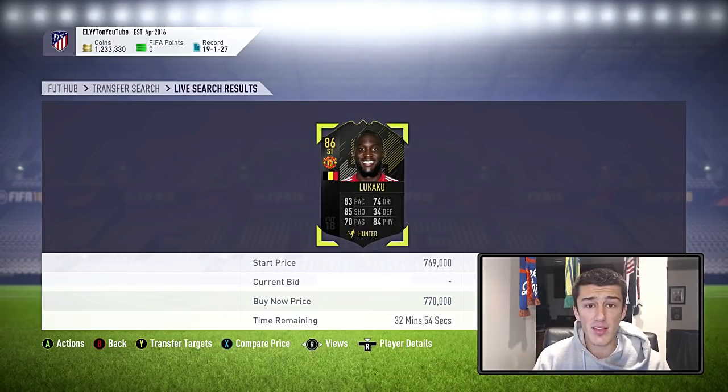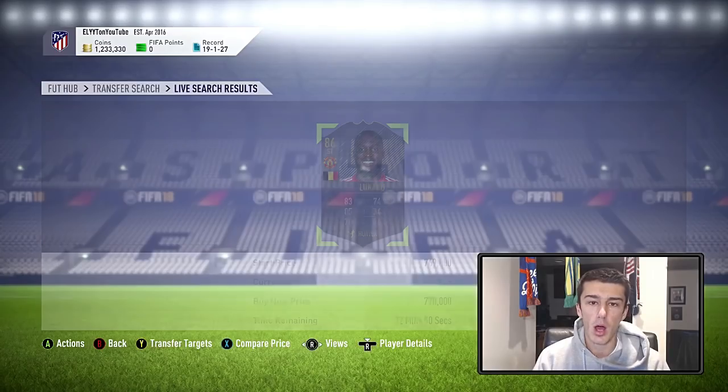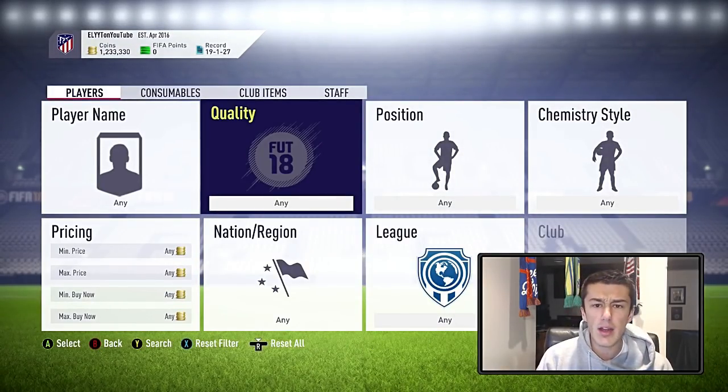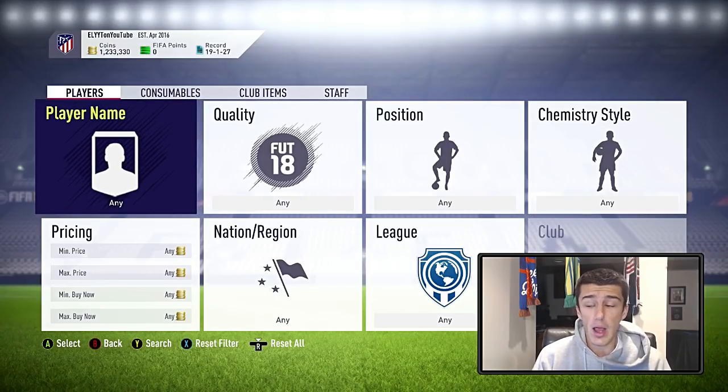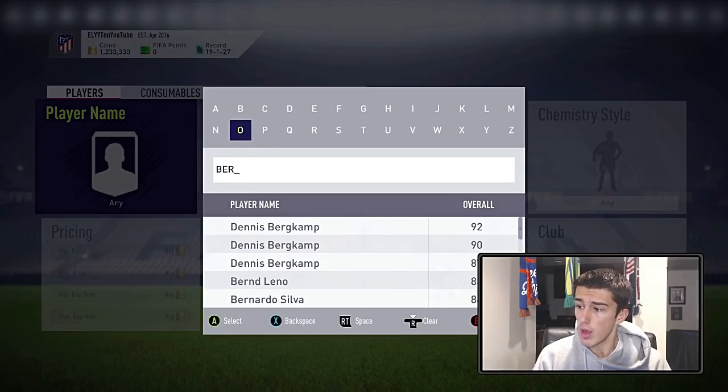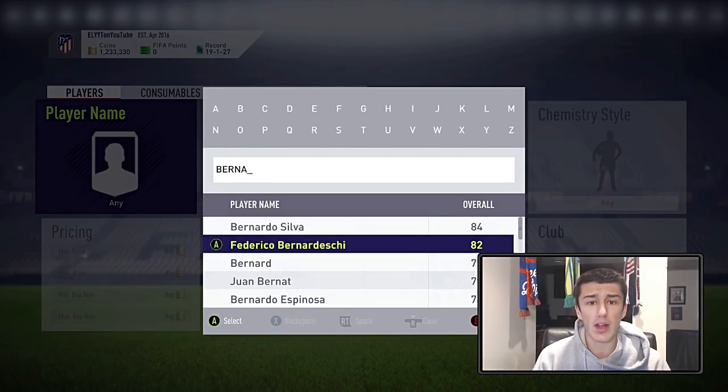But if he doesn't get an inform, this card is going to absolutely crash in price. I'd buy him on Wednesday. For the other OTWs that aren't hyped up to get an inform, I'd definitely buy sooner rather than later. We can look at OTW Bernardeschi, who is more in the range of what we can afford for most of